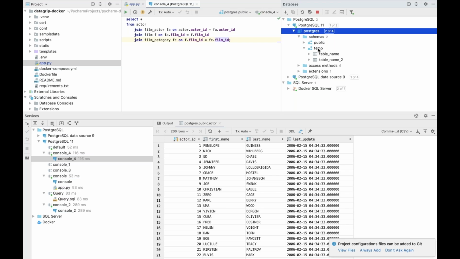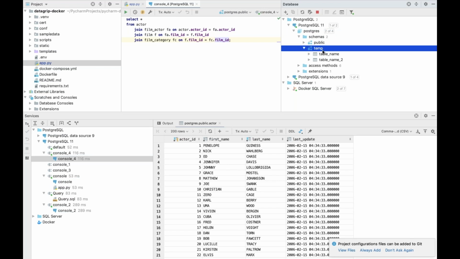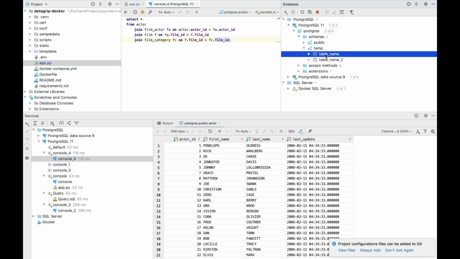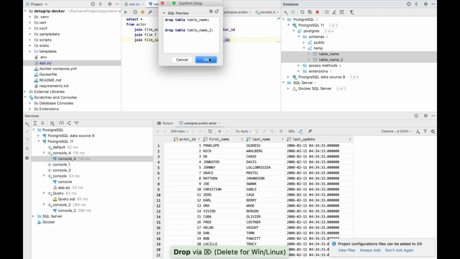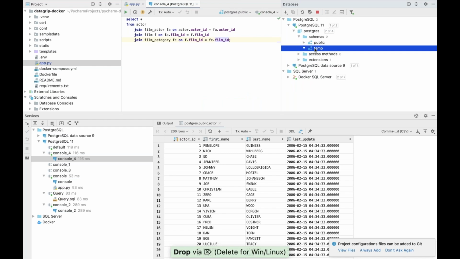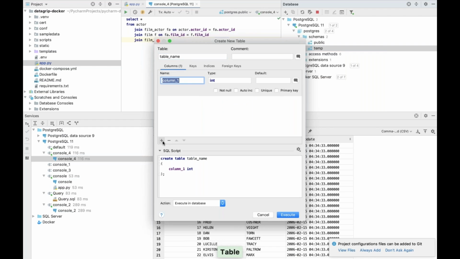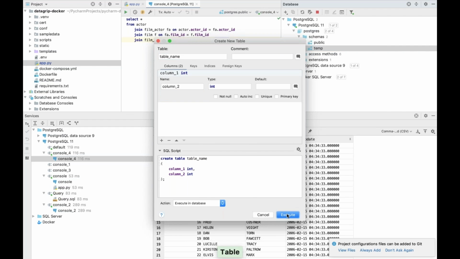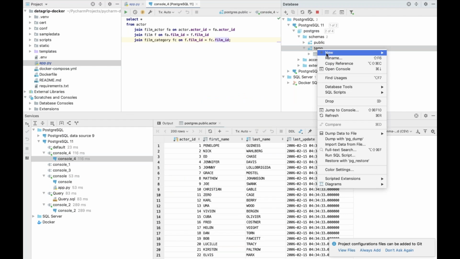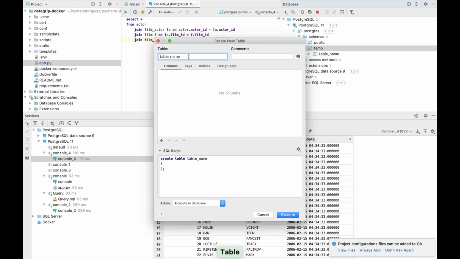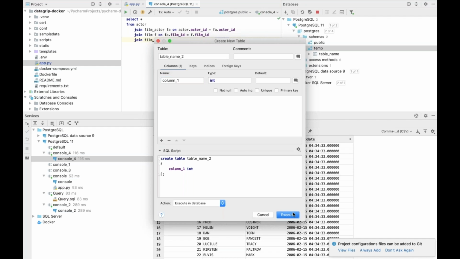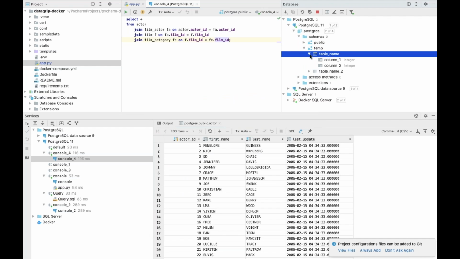For example, this is my temp schema where, okay, let's drop these tables. I will create them from scratch. For example, I have temp schema which is empty. I add a new table name, okay, column 1, column 2, execute, it's here. I create a new table name, let's say 2, column 1, execute, yeah, so I have just 2 tables with